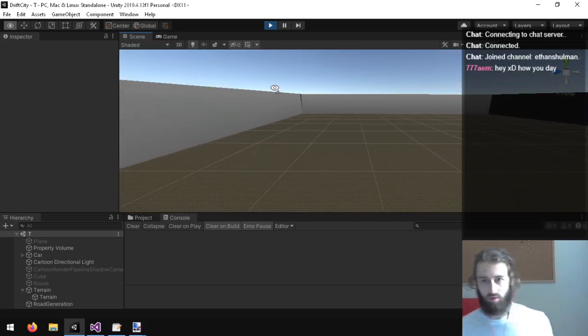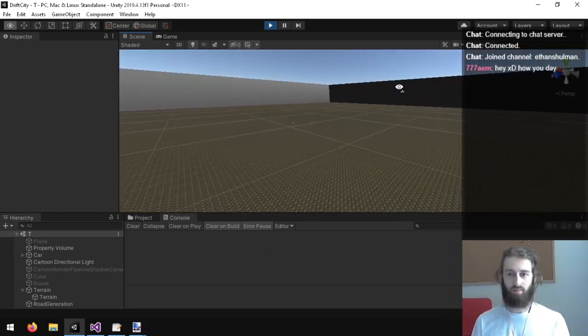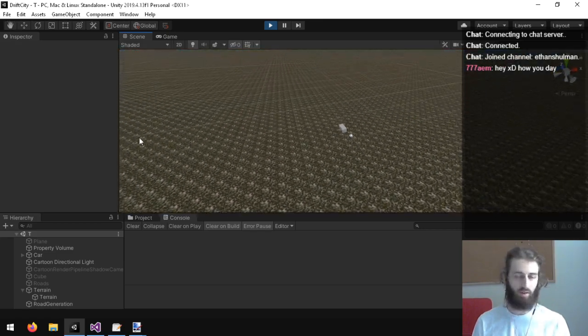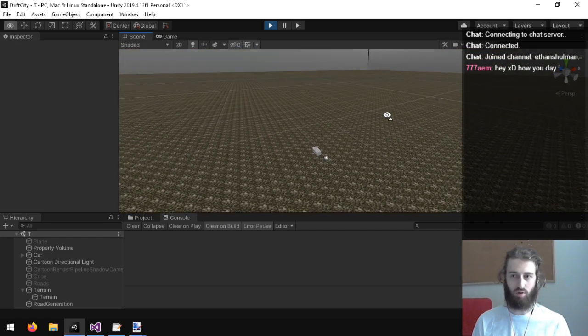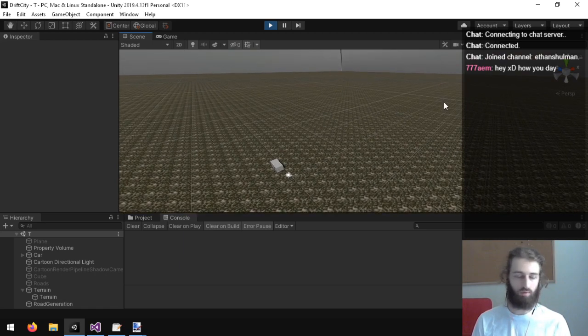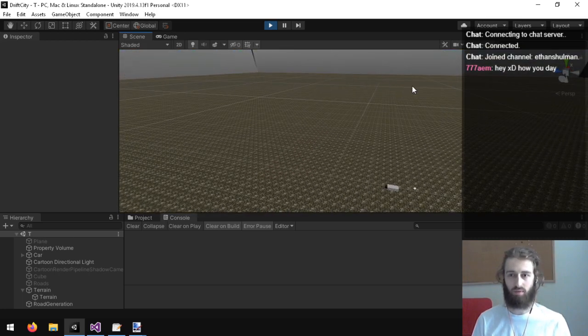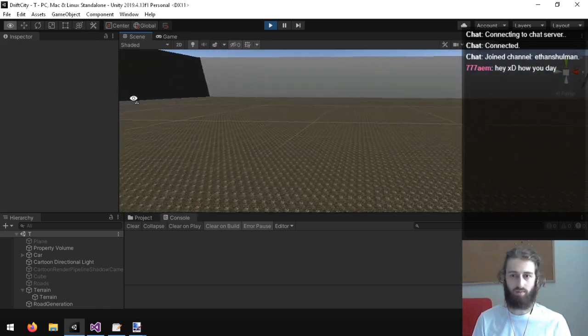Alright, now what I want to do is I want to add, I guess, an on-ramp. Basically like a corkscrew, raising part of the ground that goes up in a circle to raise up, like basically allow you to drive the car up to a higher area.